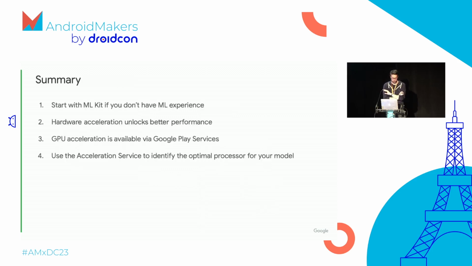So, overall summary: start with ML Kit if you just want to benefit from powerful features without having any ML experience. Then, if you start digging into things, you use TF Lite, you use the Interpreter API, and you want your things to run faster. For example, if you're on a vision model and you want to run the camera at 30 frames a second or something like that, then that's probably the right time for you to start looking at hardware acceleration. First thing I would suggest you look at is just use the code snippet I showed you earlier, where on devices that can run it, you enable the GPU delegates,